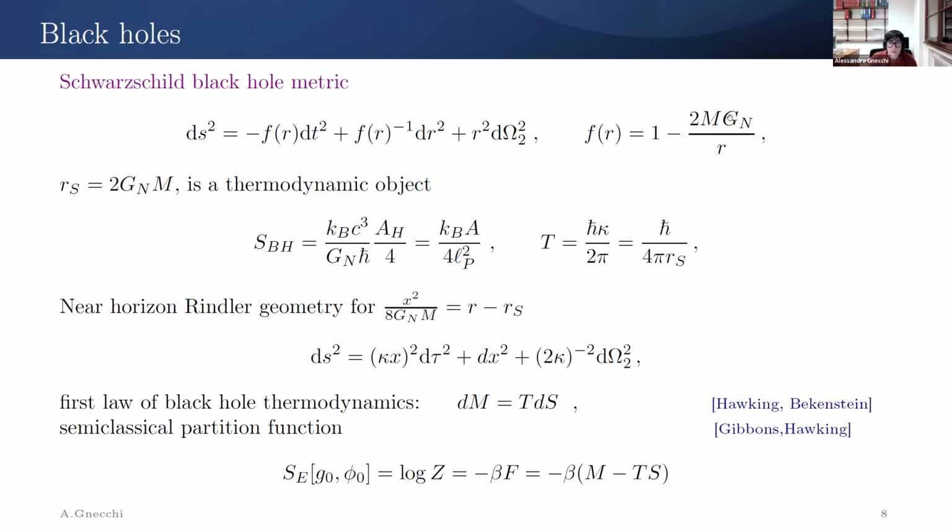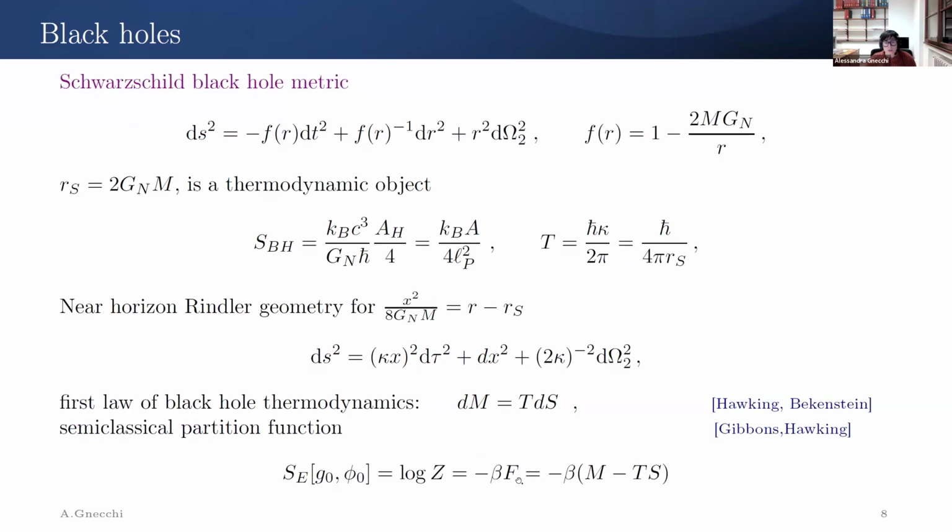And the radius of the horizon of the black hole can be seen from this warp function. The important thing is that the moment we try to study quantum fields on top of this non-trivial gravitational background, we see that they perceive a certain temperature, and in such a way that the black hole can be described as a thermodynamic system that satisfies the first law of thermodynamics with a certain temperature, the Hawking temperature, and the Bekenstein-Hawking entropy, which is given by the area of the black hole.